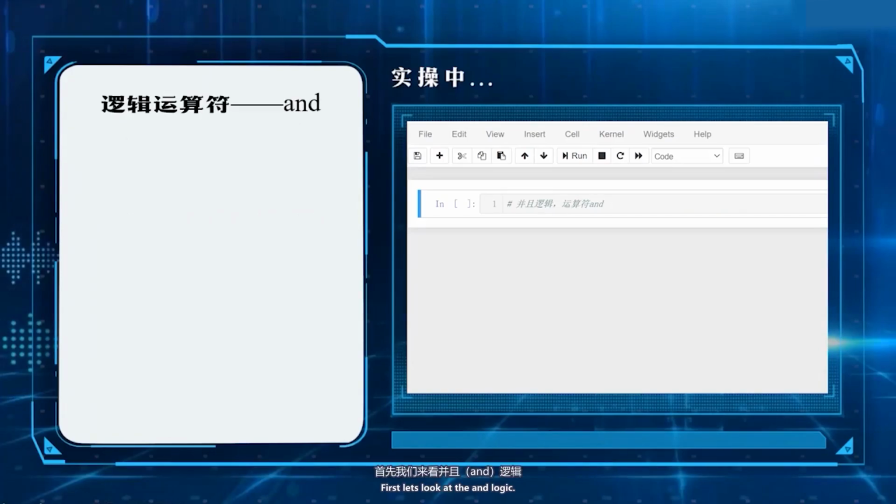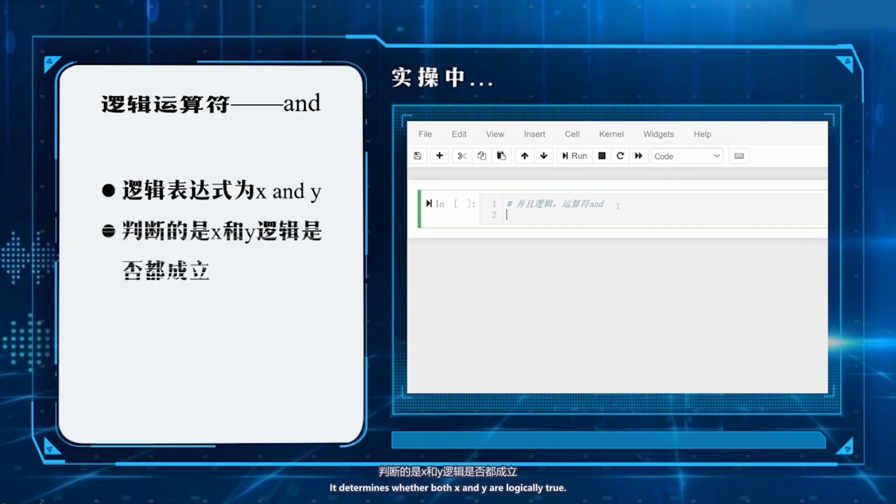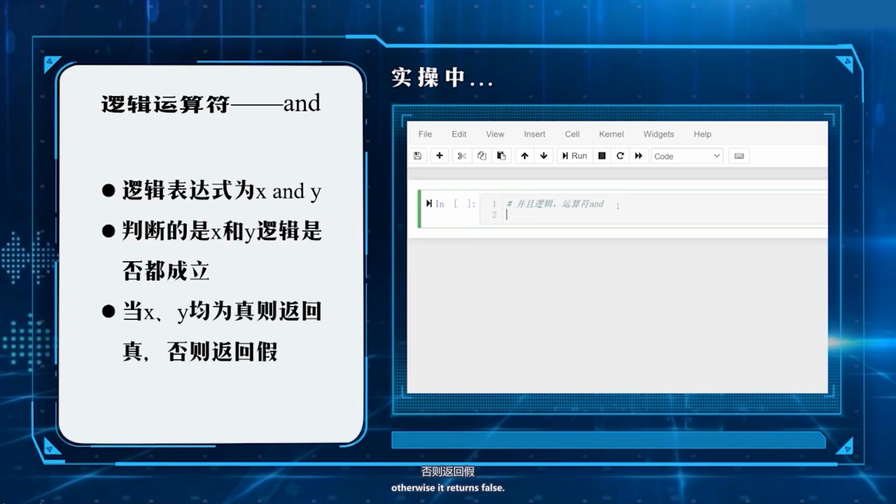First, let's look at the AND logic. The operator is and, and the logical expression is x and y. It determines whether both x and y are logically true. When both x and y are true, it returns true. Otherwise, it returns false. For example, set 4 variables a, b, c, and d. A is equal to 3 is greater